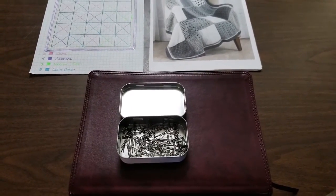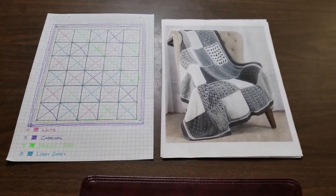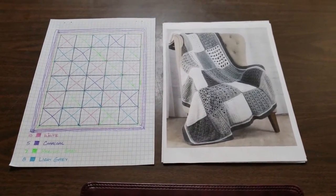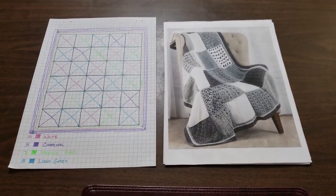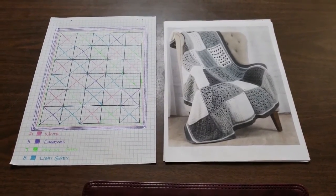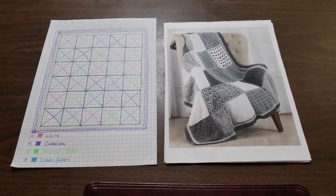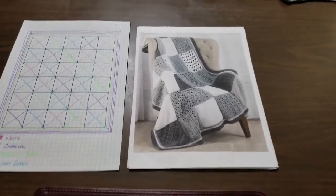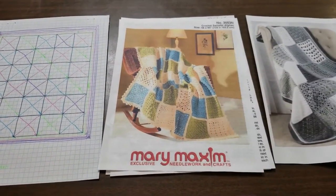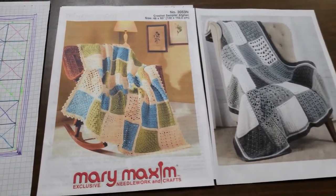All right, jumping into one of our projects today, we are making something that resembles this blanket. This comes from Annie's, and they offer a monthly pattern. I don't know if it's a crochet along or a tutorial, but it was only 1 square a month, and this is a custom order, contract order. So I looked up a pattern that was similar where I could just choose which squares I wanted and kind of wing it. I did purchase this pattern from Mary Maxim,